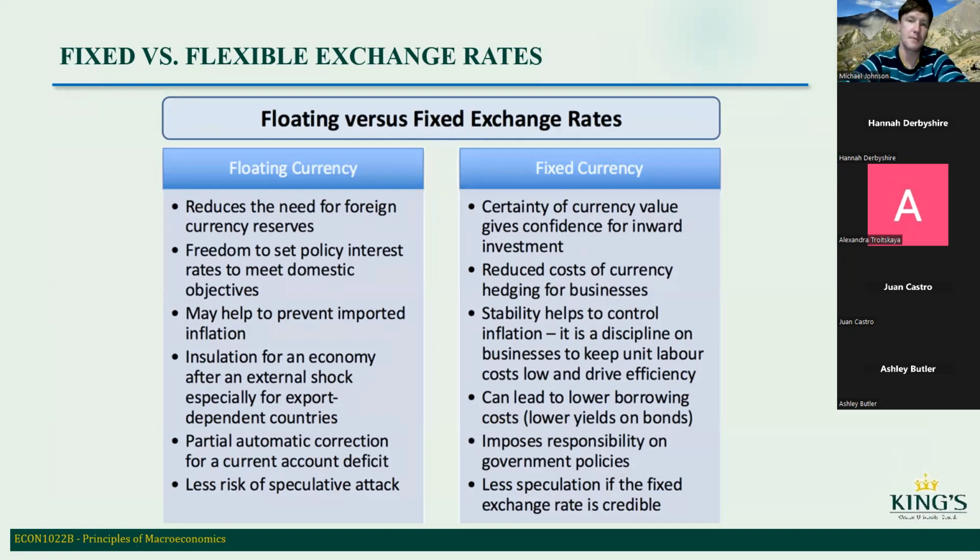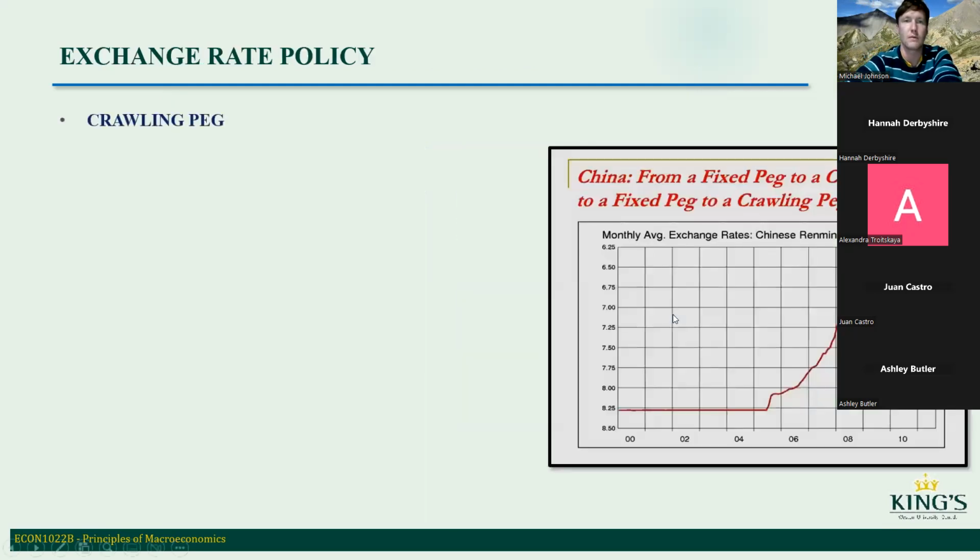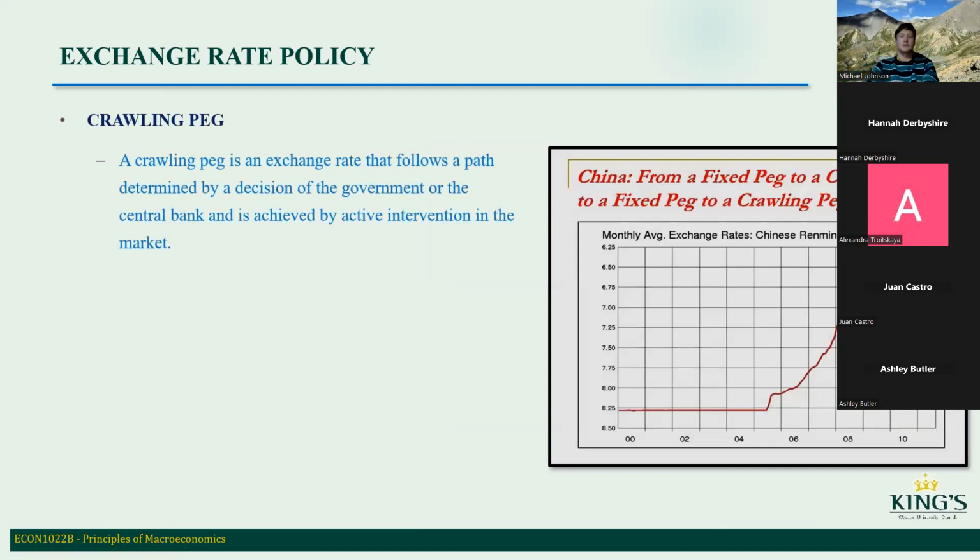And then fixed exchange rate, the government or central bank can set the exchange rate wherever they want. And they do this to increase exports in a lot of cases. They artificially set it low, and a lot of countries have used this where they've set the currency artificially low to increase exports. So that's an example of why they would use a fixed currency to artificially set the price of the currency low. And then crawling peg is when